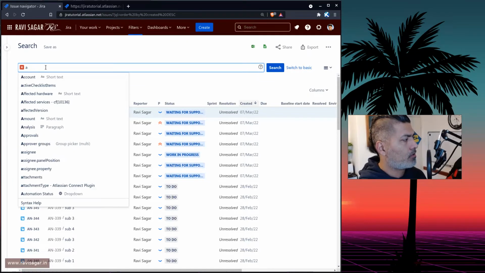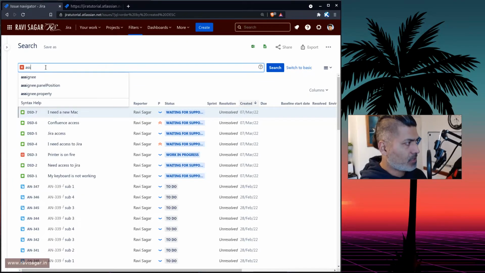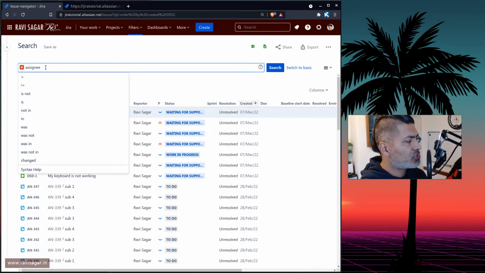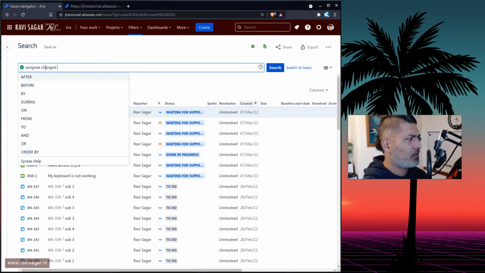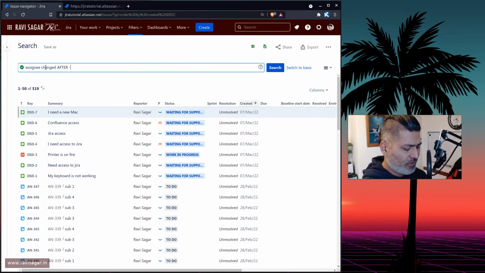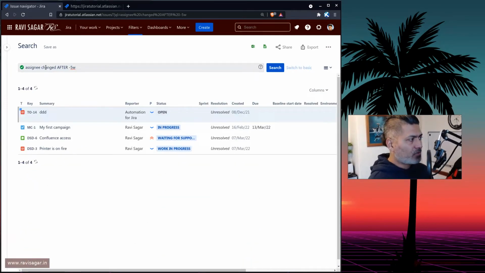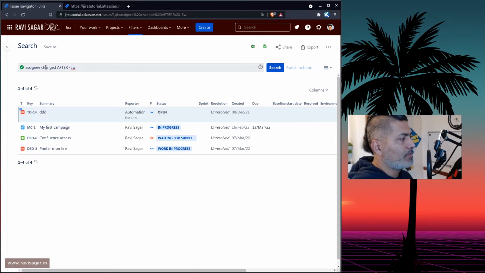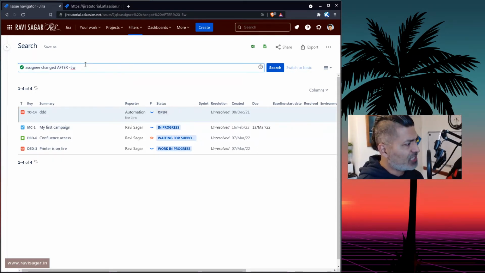Now what we want to do is search using something called assignee, or I believe assignee changed on, or maybe after. So I can do something like -5w. What this query will do is bring in all the issues that were maybe assigned to someone. Basically, the assignee was changed in the last few weeks, for example. Maybe you can also do something like assignee changed on,